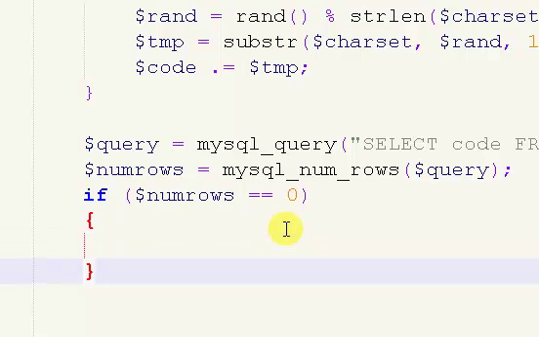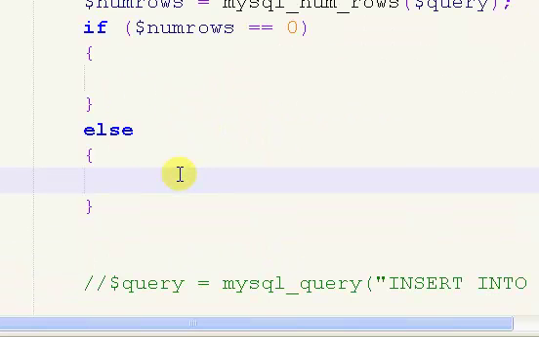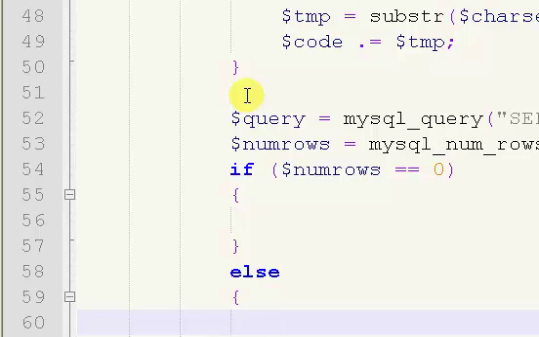If it is not found, we're going to insert everything into the database and whatnot. And if it is found, we are going to,